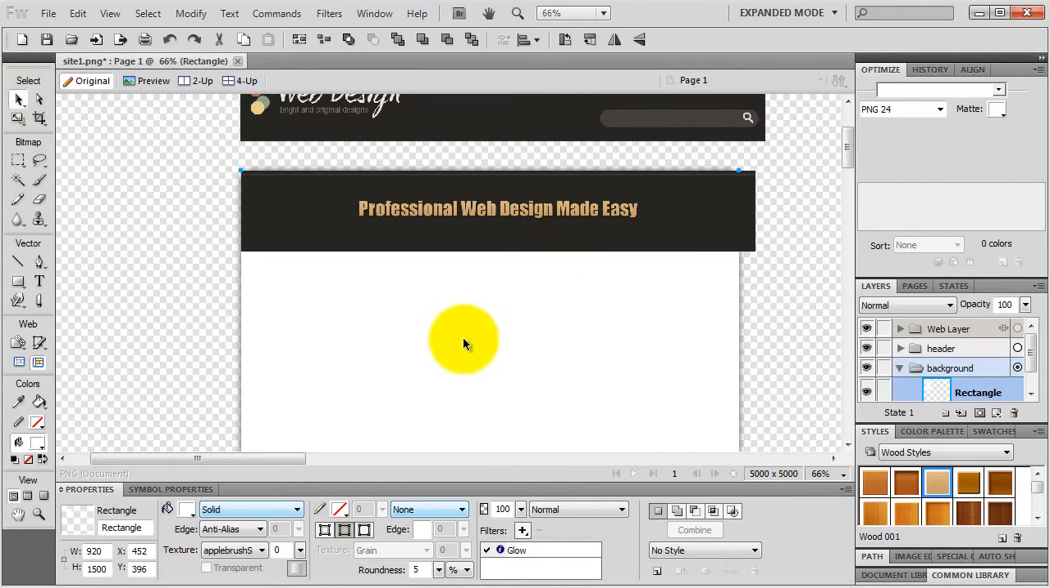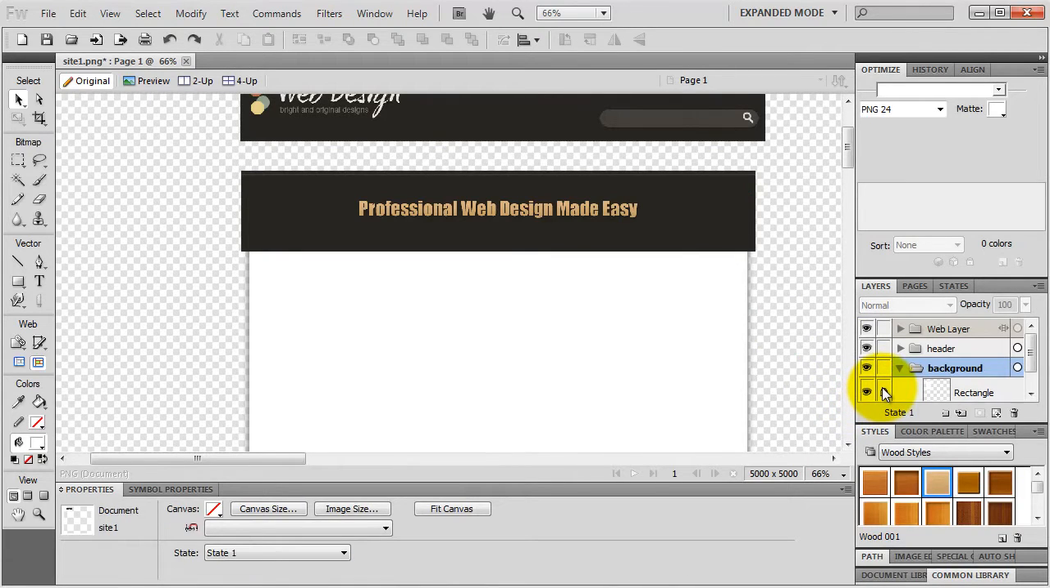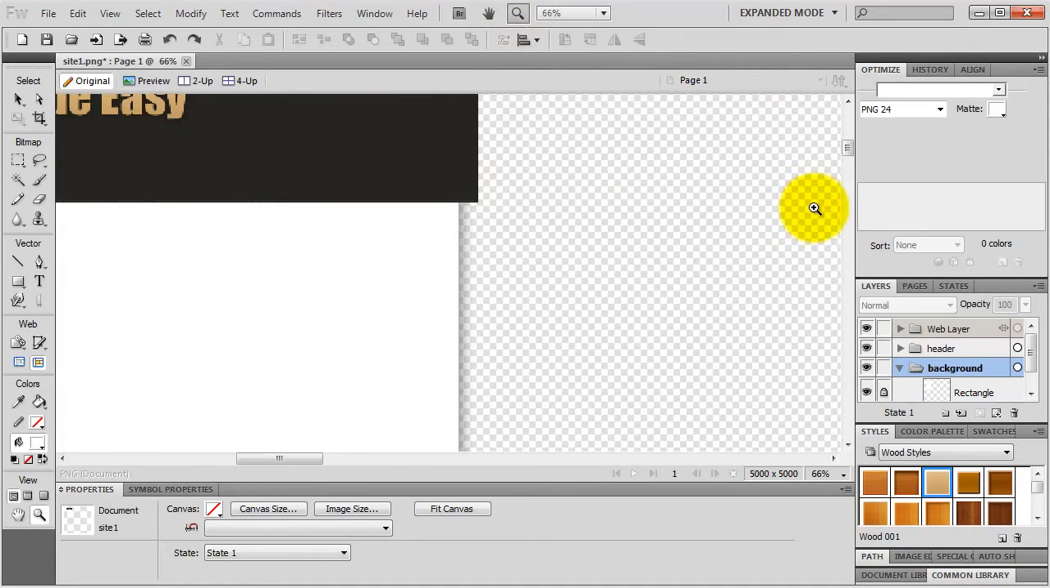And I reposition my rectangle, and once I start moving it, I get these kind of pink smart guides. By default they are turned on, and what they do is they help you align objects based on the position of other objects on your canvas. So based on the position of my header image, I align center. Okay, I lock my rectangle and I get my zoom tool and zoom into this area,